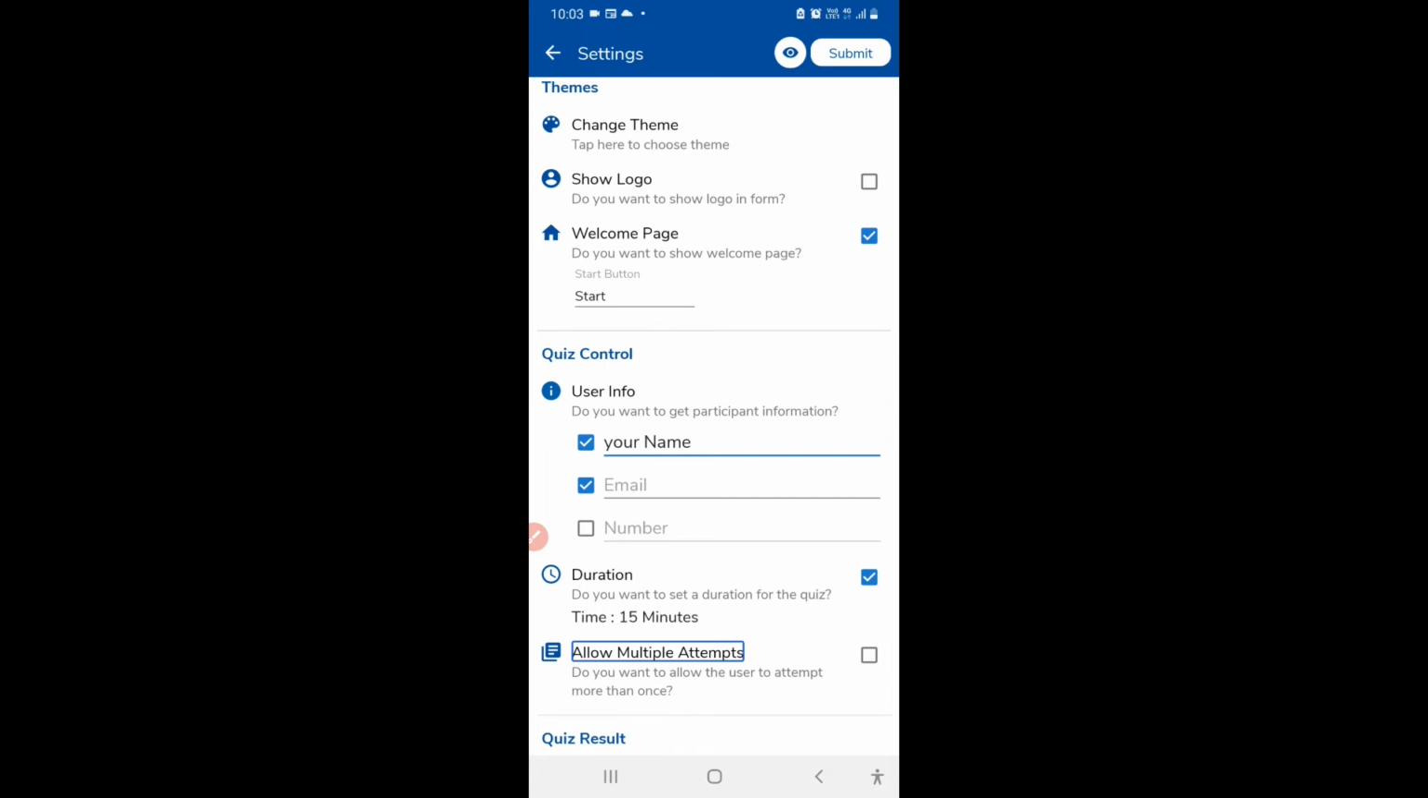So whether the person who is attempting your form should be able to attempt multiple times. If you want, you can allow; if you want, you cannot allow. Do you want to allow the user to attempt more than once? Not checked. Checkbox. If you check this checkbox, the person who is attempting your form will be able to attempt it